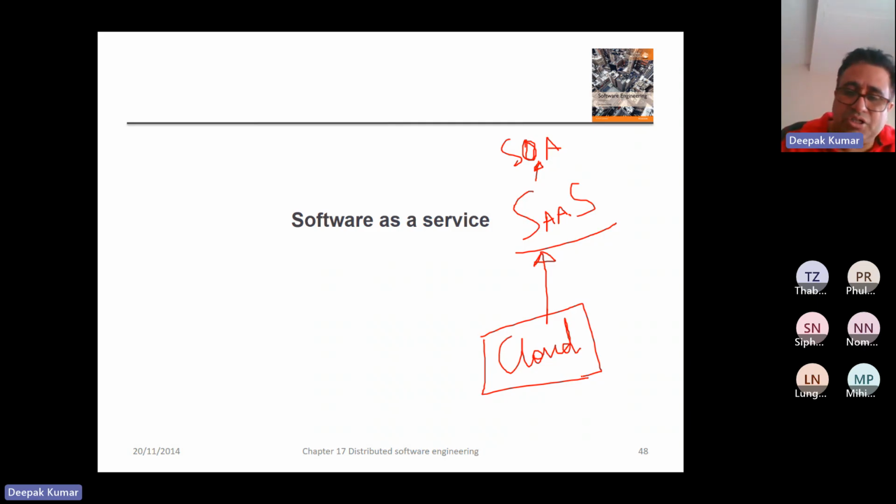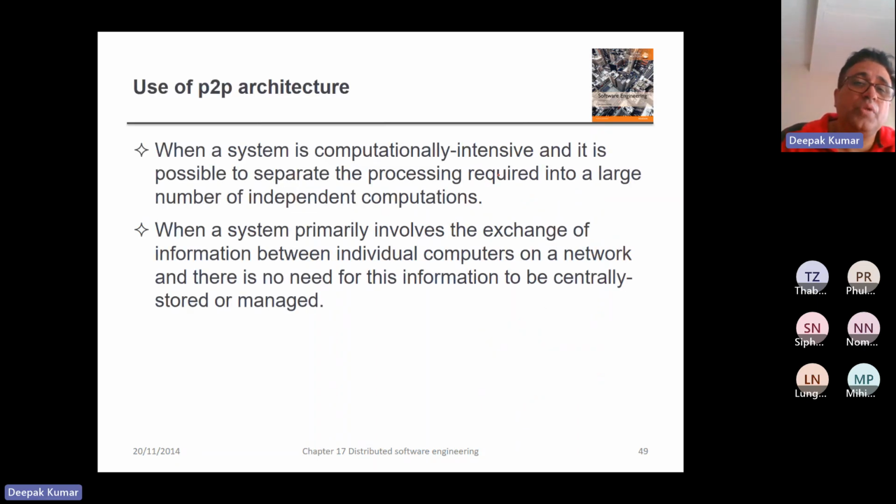But behind that, there is a distributed architecture. Behind that is software as a service as one of the technologies, and your service-oriented architecture as a development strategy and platform. These are the terms running behind the show. You need to understand that. Otherwise, these are all the fancy terms that you hear every single day and use extensively as well. So when a system is computationally intensive, and it is possible to separate the processing required into a large number of independent computations,